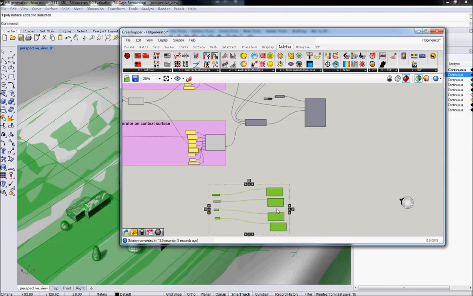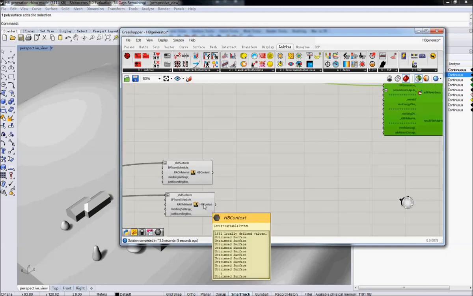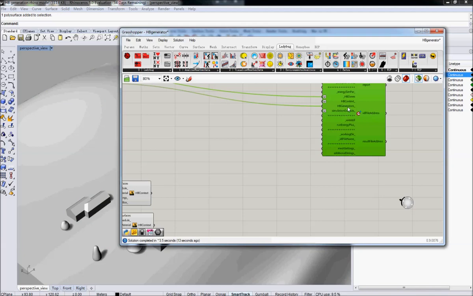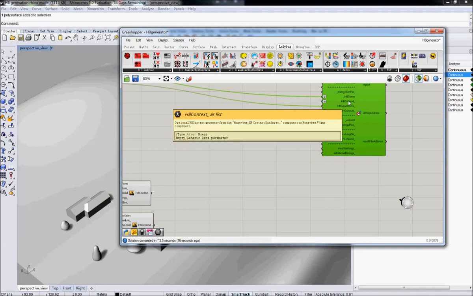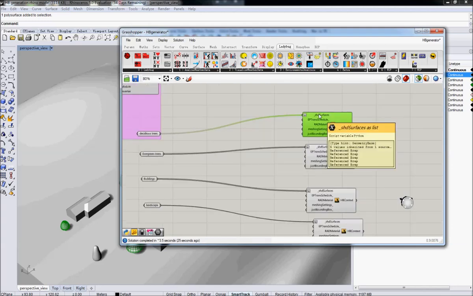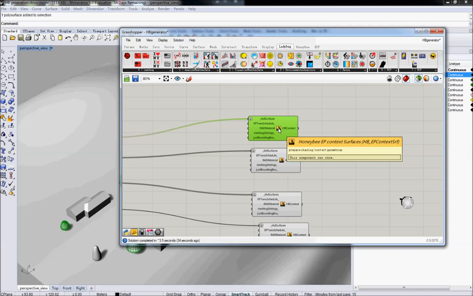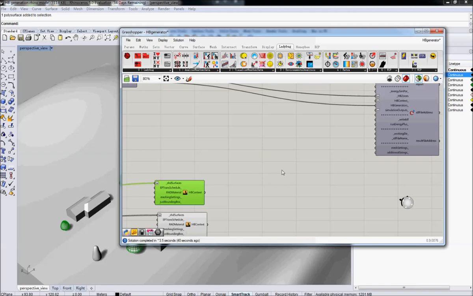Okay, and now what we have to do here is connect these context surfaces to this EP context. But what you have to note is we've got a problem here: with the deciduous trees, we put in 5 B-reps, and we got out 1,520 untrimmed surfaces. So Honeybee context converts these B-reps into all their constituent surfaces which make them up, and then each surface is written into Energyplus. Now the problem with that is if you've got 1,520 surfaces, it's going to take a long